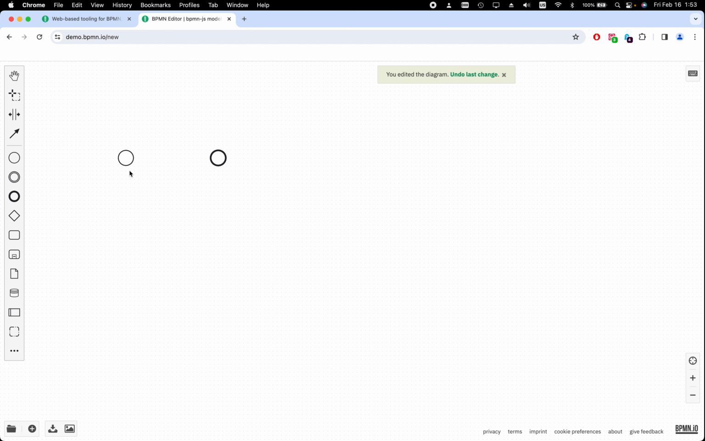So you see that the start of the events is a thin circle, and the end of the event is a thick circle, okay. Very simple, right? Now there are also interim events, which is a double circle, which is like, as I